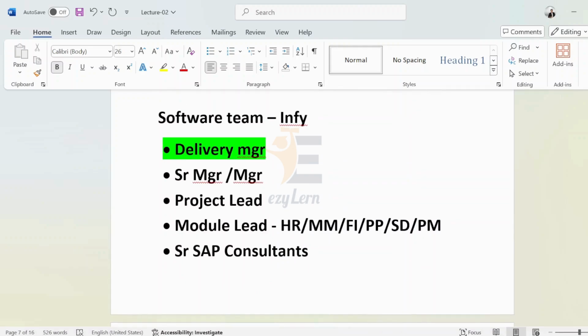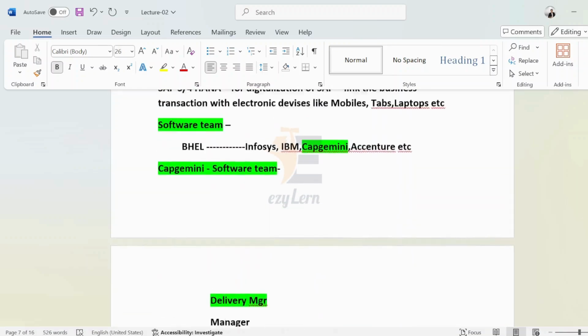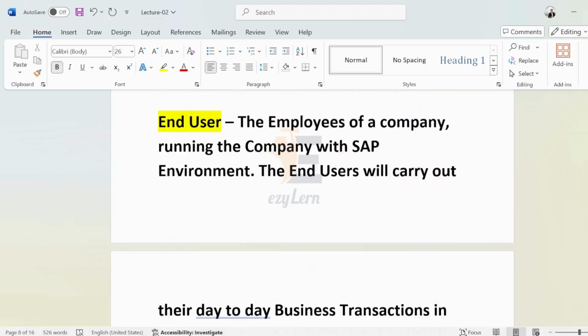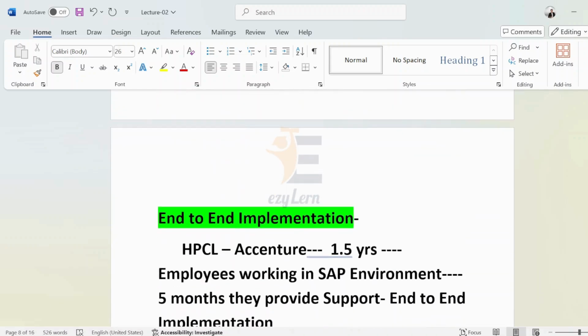So I guess it's clear to you what an E2E implementation is. End to end, also called E2E, or end to end implementation project.